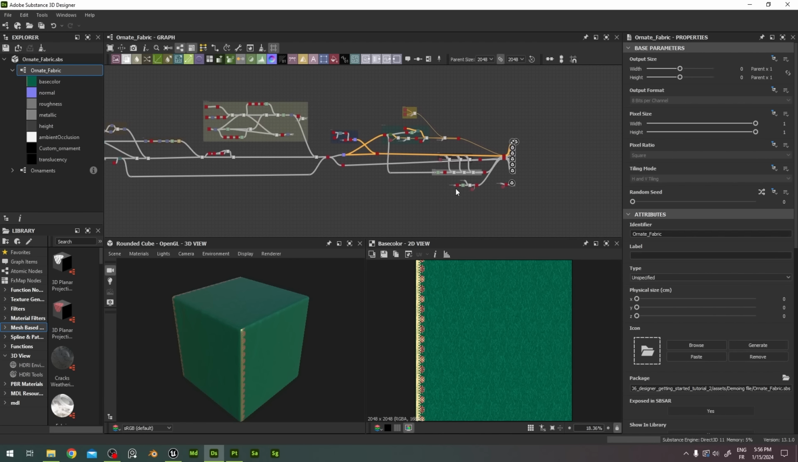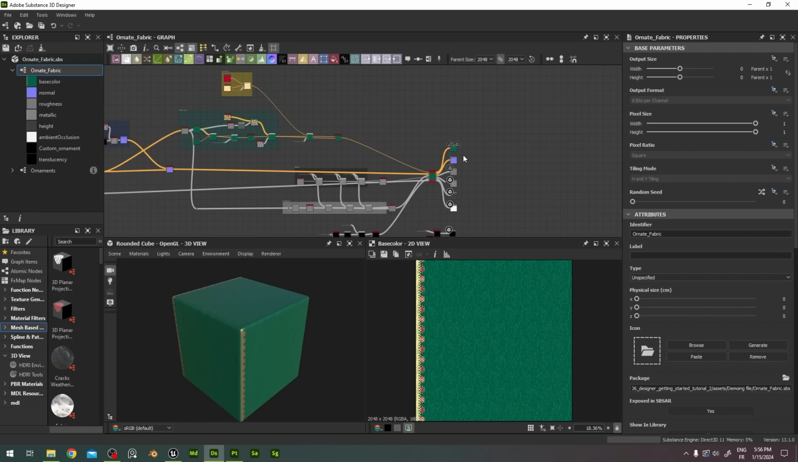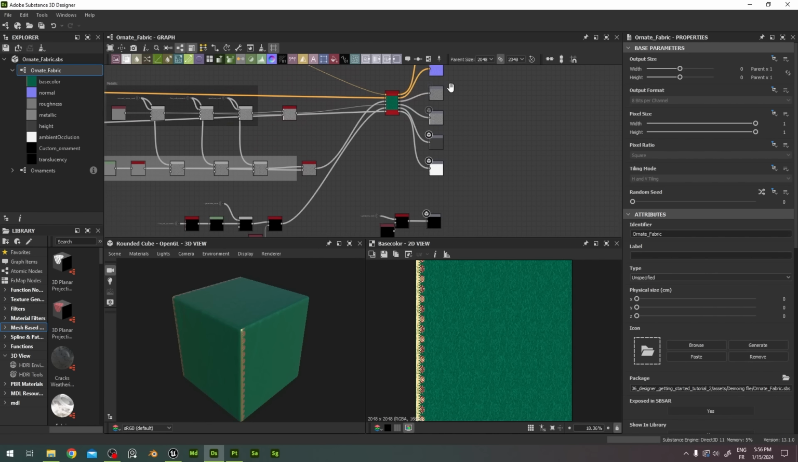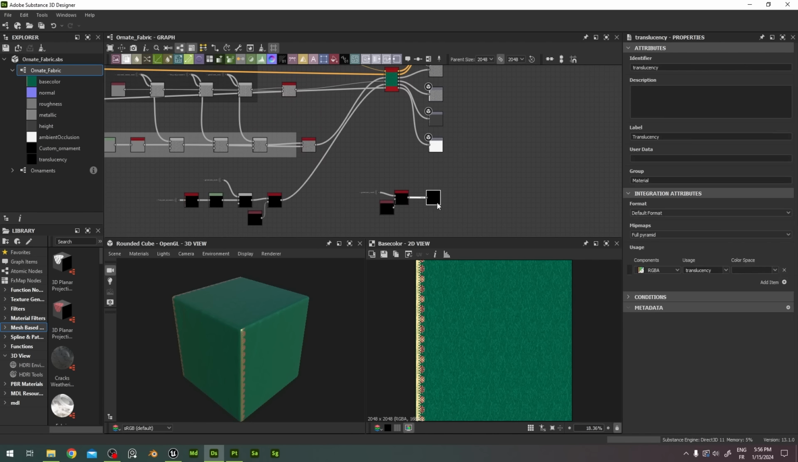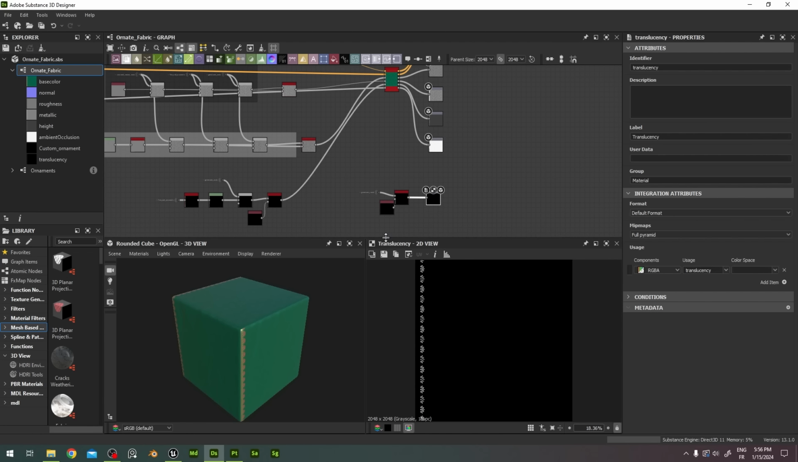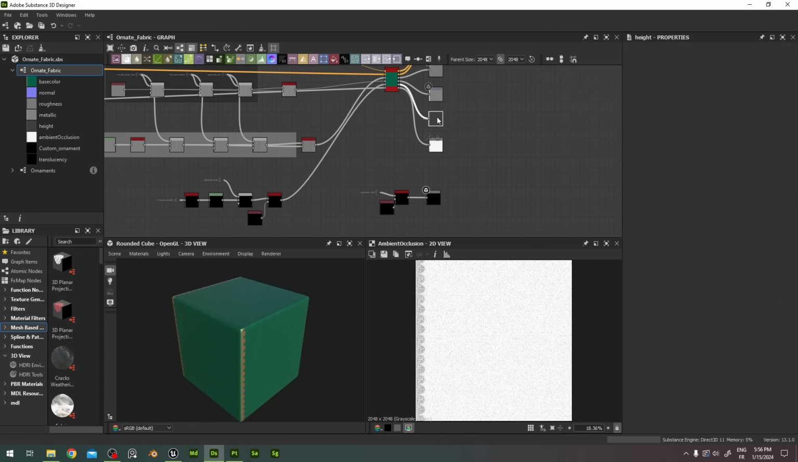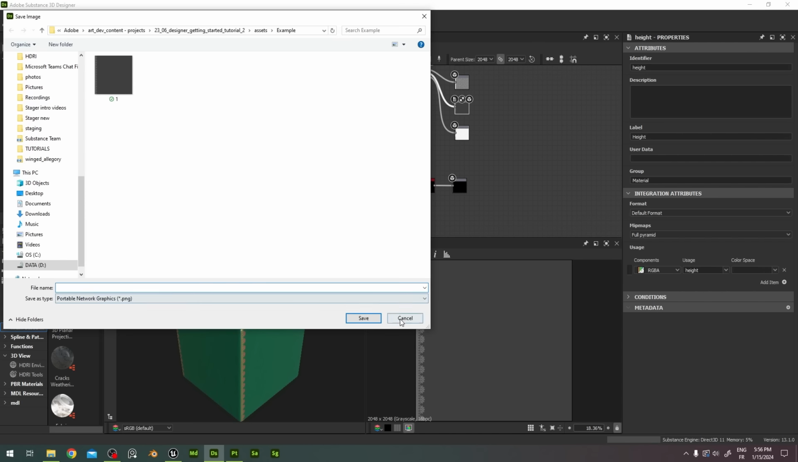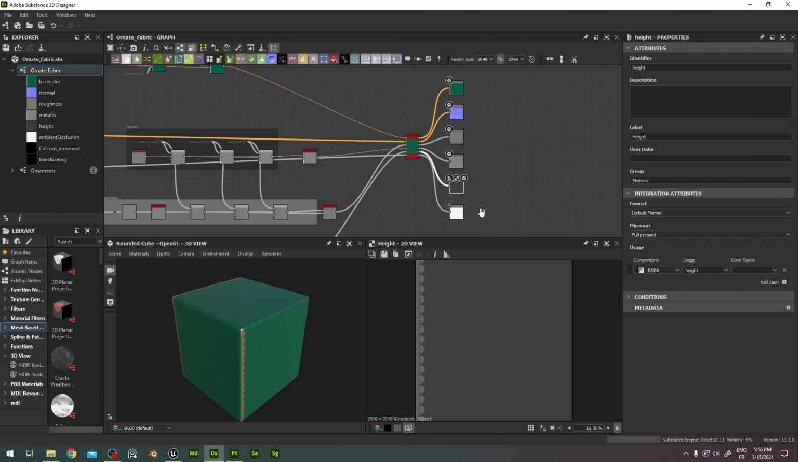Now, you remember that one of the first things we did when we set up our project was to create these outputs that are sitting at the very end of our graph. And each output corresponds to a map. So we have the translucency map here, the ambient occlusion map, the height map, and so on. If we want to save these, we can do it from the 2D view directly by simply clicking on the save icon. But this is obviously not the smartest way to handle this, as you would have to repeat this